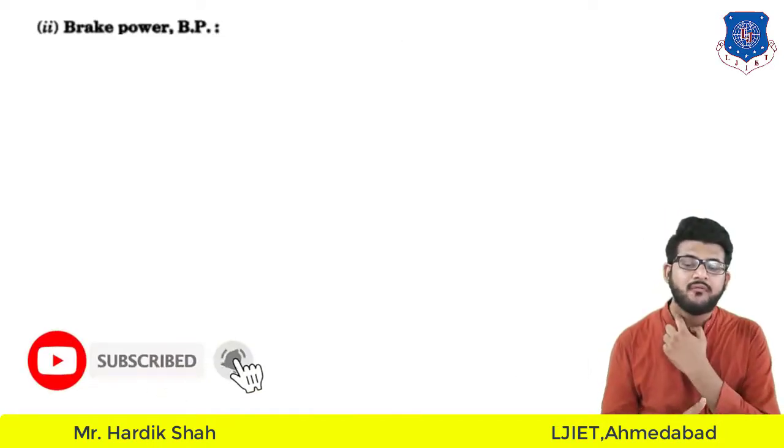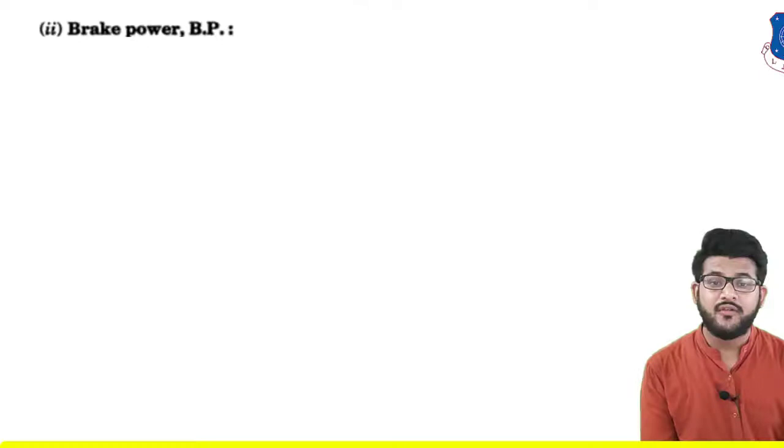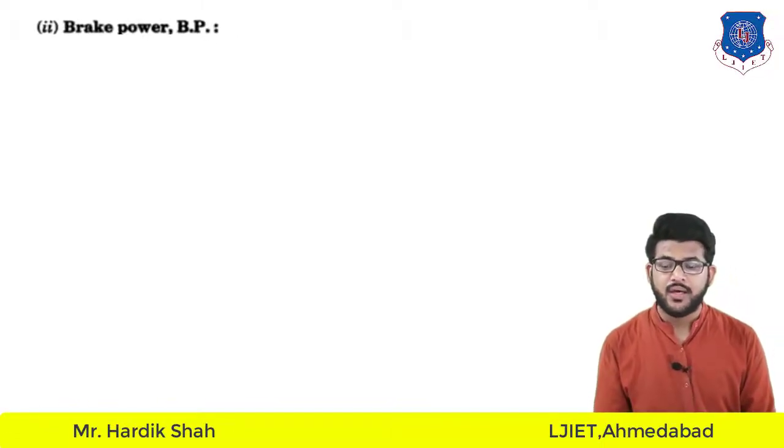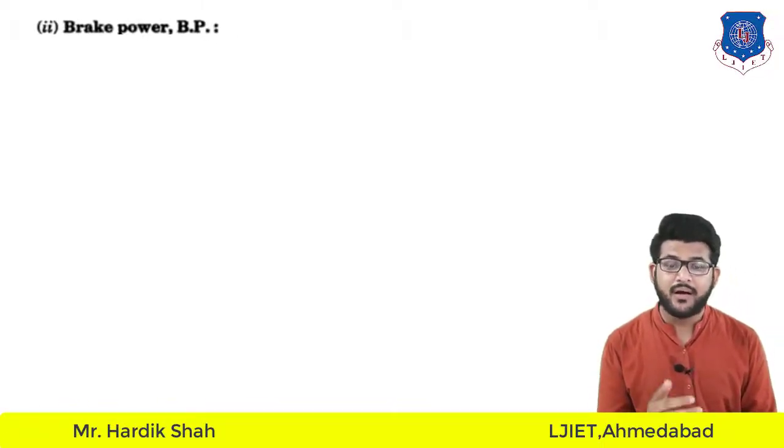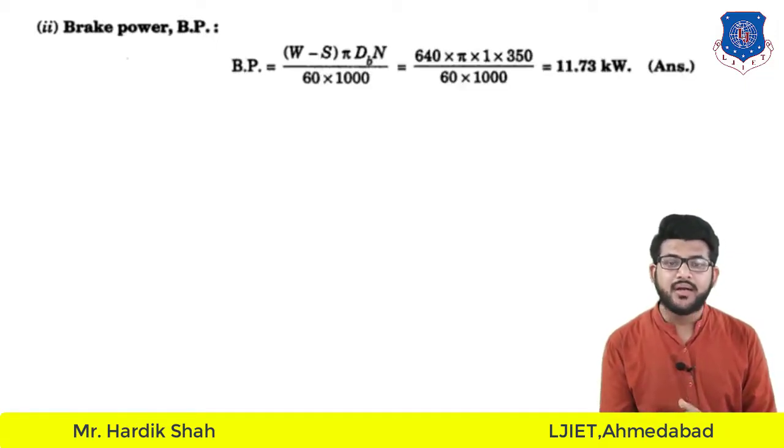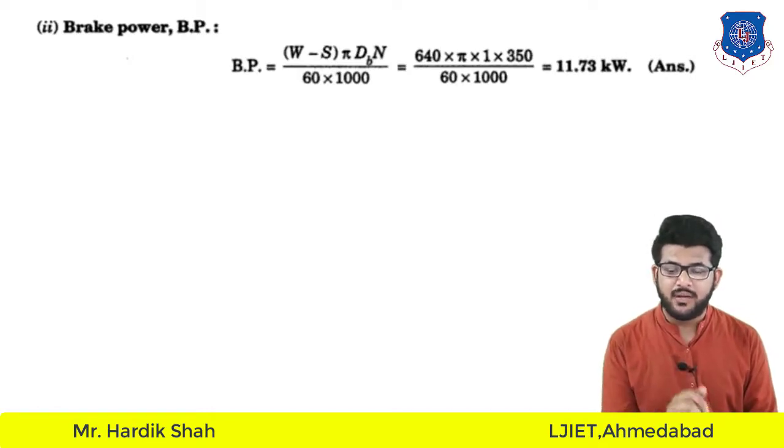So what is brake power? We have one formula with torque, that is 2 pi NT by 60. But see here in the data, torque is not given. In place of that we are actually given W. So we are given W, thereafter brake diameter. The formula for this type of rope brake dynamometer, or any single brake dynamometer, depends on the loading. As per the loading condition, the brake power equation will be W minus S into pi into brake diameter dB into RPM upon 60 into 1000 for kilowatt. So the formula will be like this.